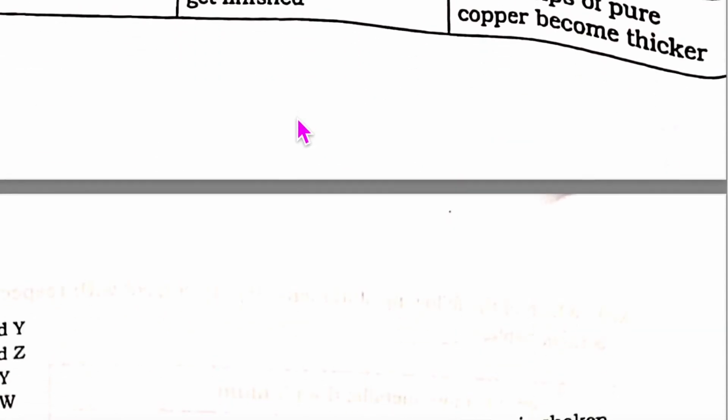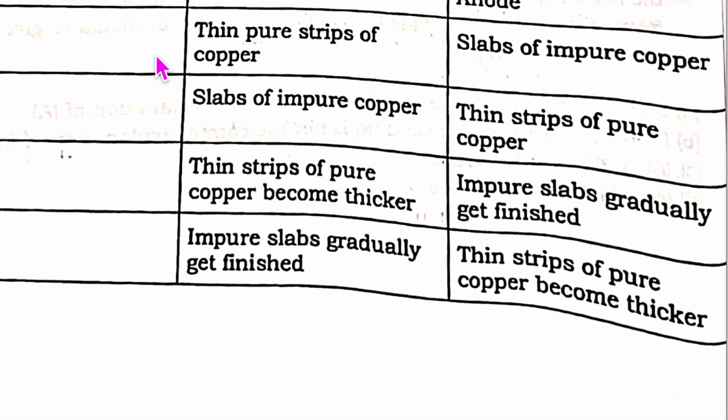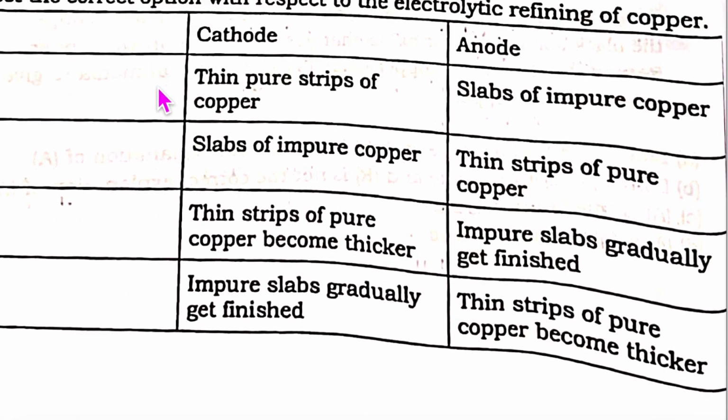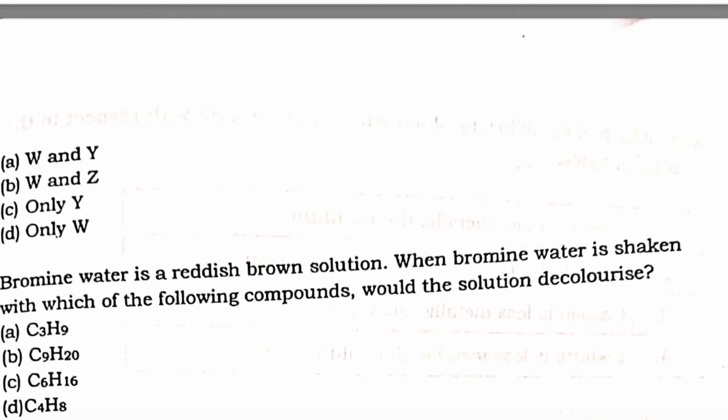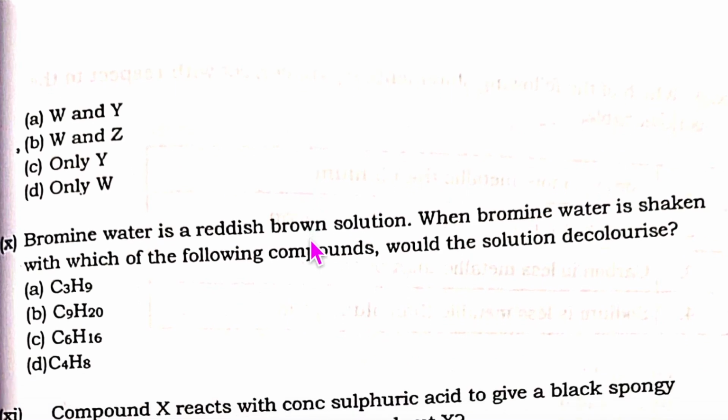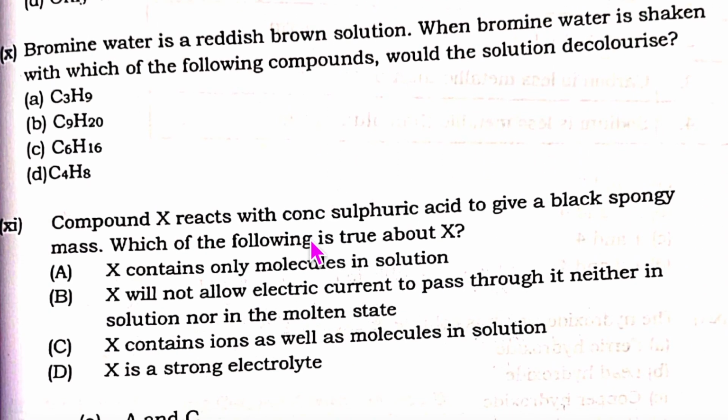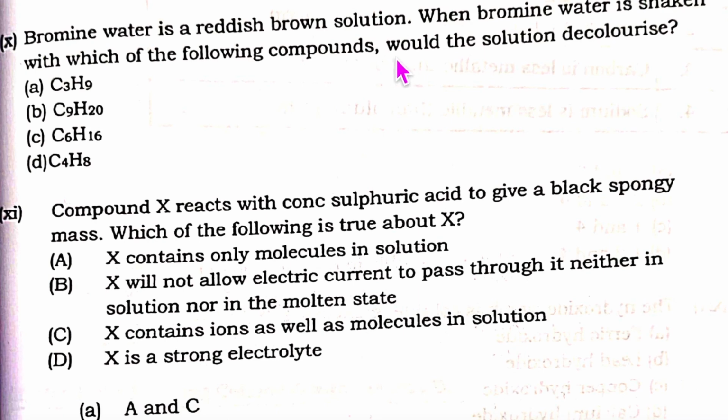W and Y. Option A. Which one is it? W and Y. This and this, right? Yes, ma'am. So it is option A. Then bromine water, reddish brown, is shaken with these. Which one will become decolorized? This will be the test for unsaturation, meaning a double bond or triple bond, which means it will be either alkene or alkyne. So this one is